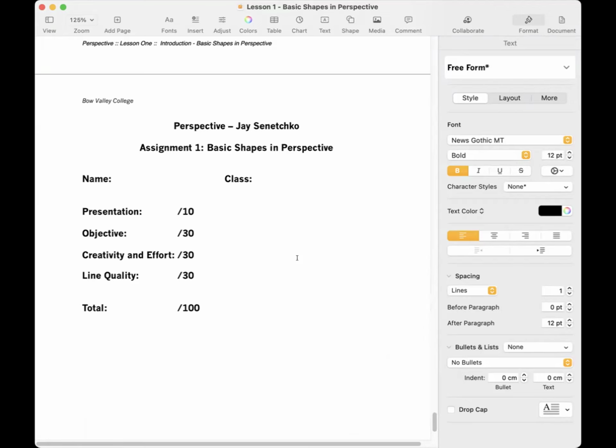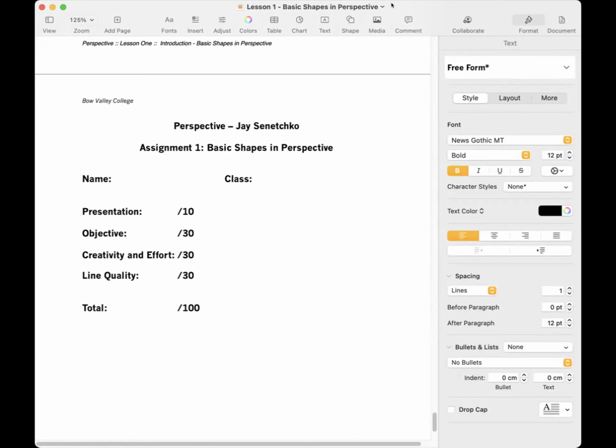It is a pain in the ass for both you and me, but way more for you because you're the one who has to do it. Okay, so just don't shade. Thank you forever and ever. Amen. There will be a version of this handout right in your resources. I will show you where those resources are in very short order.